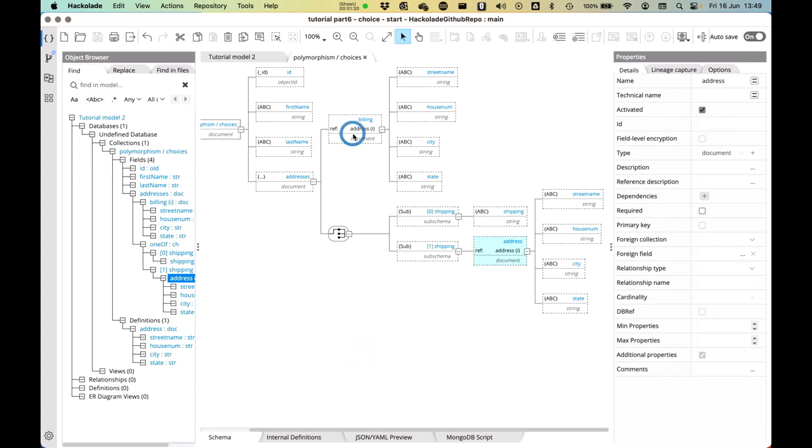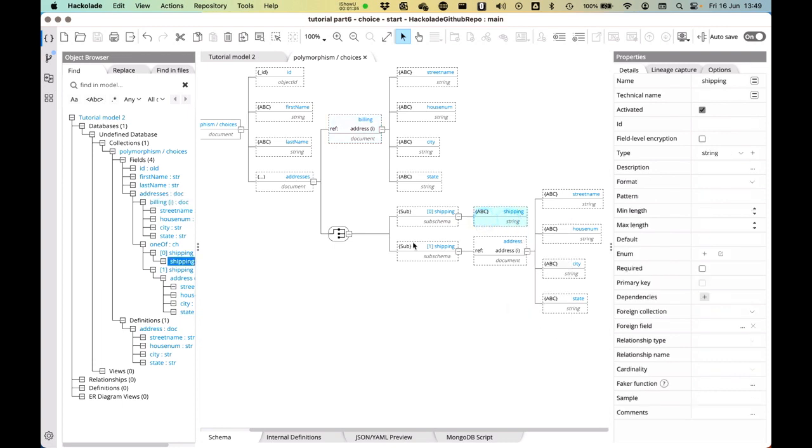Either the billing address and the shipping address are the same, which will be indicated in this string over here, or the billing address and the shipping address will be separate and they will be of the same structure. They will be completely similar structures that are now also defined in my JSON schema. Great. With that, we're going to return to our presentation and continue with the next specific case, which is conditional